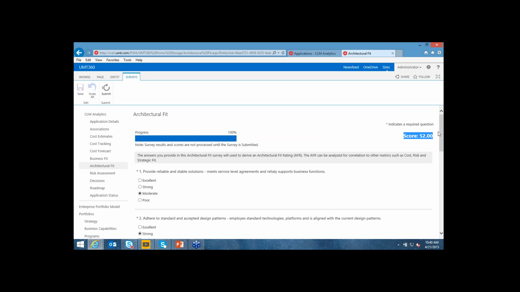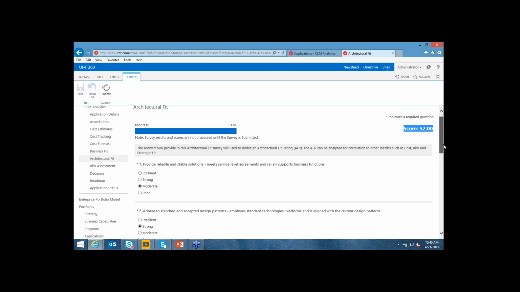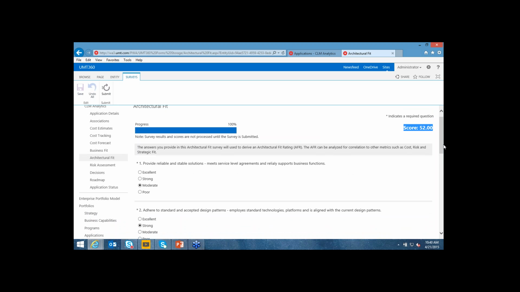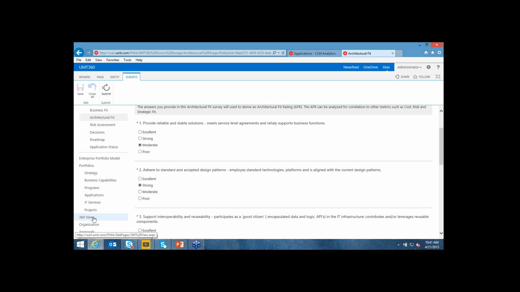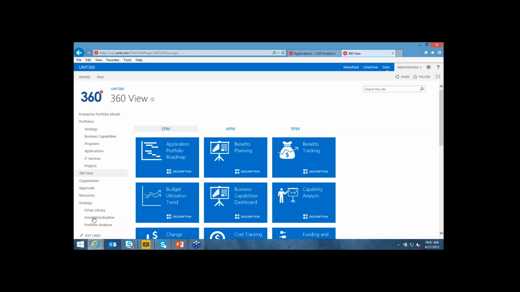I'm going to come back to this application in a second and look at some of the other areas like cost of ownership and road mapping. So we've basically had the ability to go beyond the standard metadata captured in a SharePoint list to introduce other core data sets, associations, financial information, assessment metrics, as well as decisions and roadmaps that we'll look at in a second. So let's roll up now and look at how we can now start to visualize